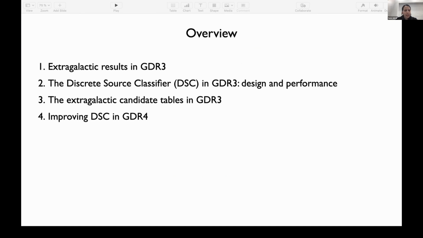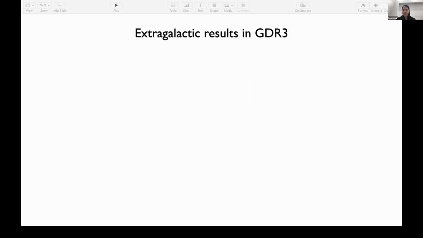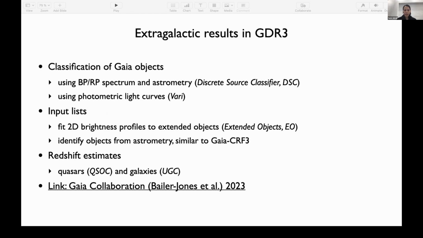So our presentation is structured as follows. We'll give a brief overview of the extragalactic results in GDR3, Gaia Data Release 3. After, I will switch over to describe the Discrete Source Classifier, the architecture, the limitations, and the main configuration of the module. The second part will focus on the extragalactic candidate tables, and our perspectives and conclusions in the last part. So for the extragalactic results in GDR3,